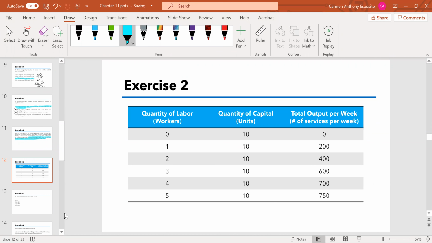So here we have quantity of workers, quantity of capital, and total output per week. But notice this time that capital is fixed and labor is variable. So if you look at the change in labor, it'll be 1 unit. But